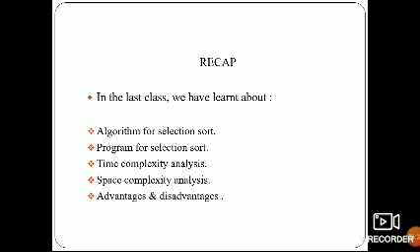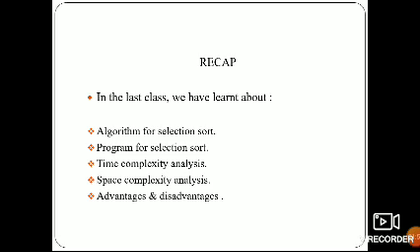Coming to selection sort, in the first pass the first smallest element is searched in the list and exchanged with the first element in the given list. In the second pass, the second smallest element is searched in the list and exchanged with the second element.